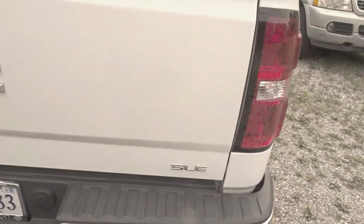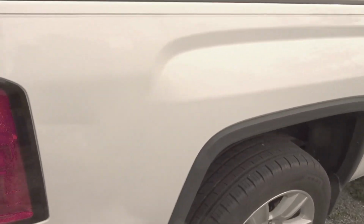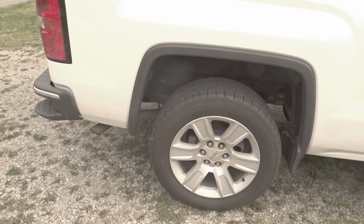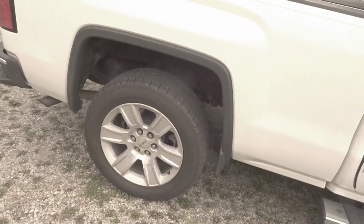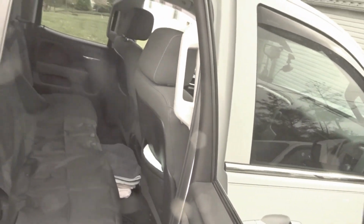It's an SEL series, and it's got the running boards and some nice looking wheels and tires on it. It'll get the job done for what we need it to do. This is Alice's spot back here in the truck, so Miss Alice, the princess, gets a whole back seat for herself,